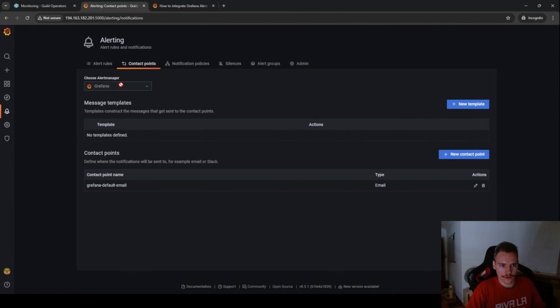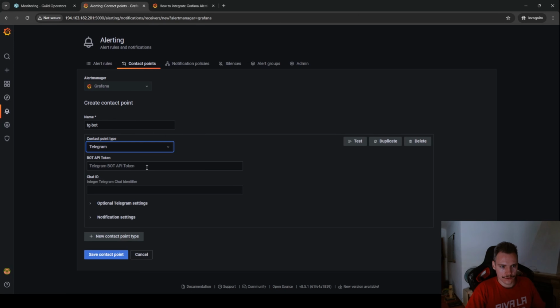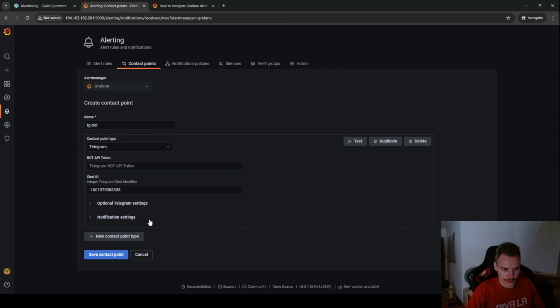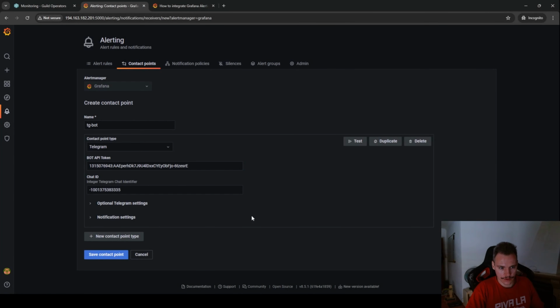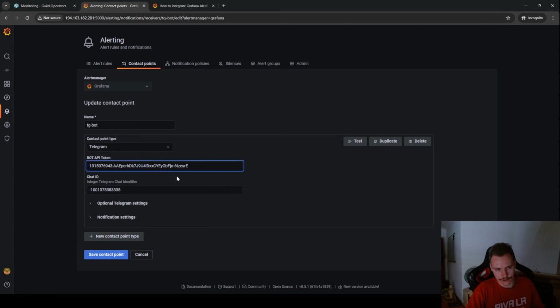So I'm just going to show you, if you create a new contact point and you call this Telegram bot, I'm not going to paste my API token, but the chat ID is fine. So basically, you would paste your API token here, which looks something like this. Okay, and then you would hit save. This is not my token, but